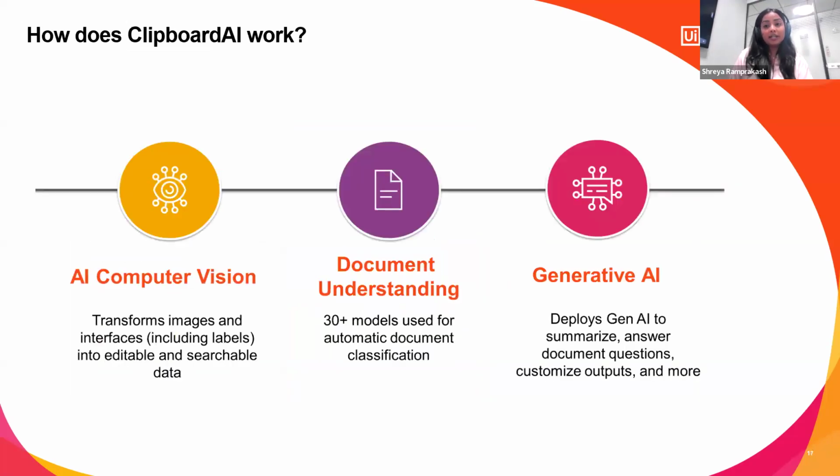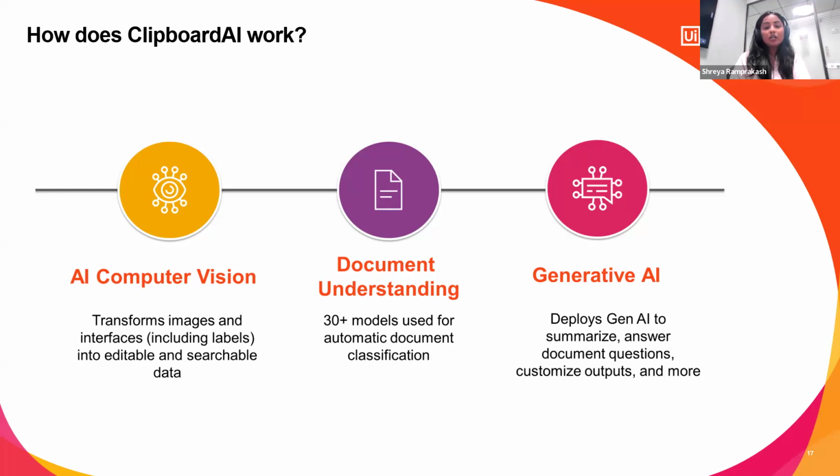And how does it work? It uses 3 technologies: computer vision, document understanding, and Gen AI along with specialized AI. What computer vision does here is that when Clipboard AI scans something, you may think that it would just scan text, any forms or some random Word document. But that is not the case. Clipboard AI would also scan images, and it would extract the fields present in the images to get the relevant information out for us. So it doesn't necessarily have to be a document. It could be anything where you want to copy and paste details from one source to another.